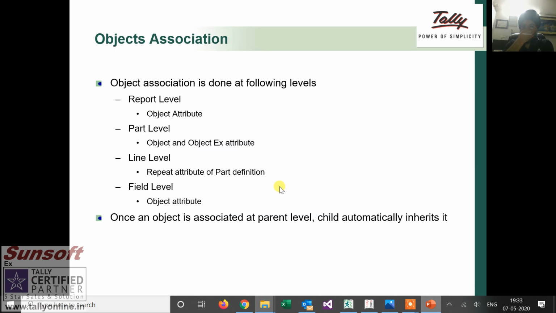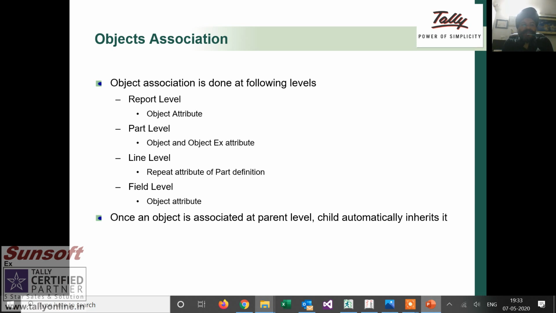Now object association. Like we did the object association at the part level, and we said repeat, we can associate an object at the report level also, line level also, and the field level also. And once the object is associated at a certain level, the child level automatically inherits it. So like we associated our object at the part level, line and field already worked on that.